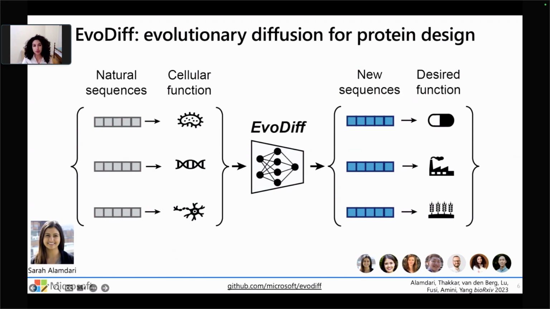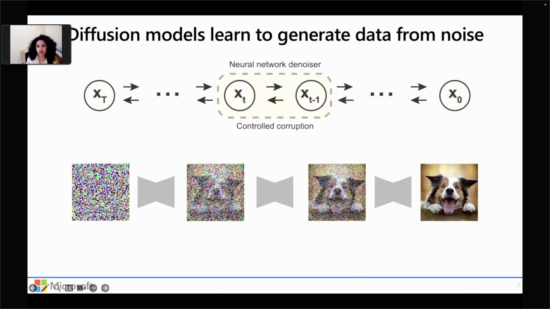To get into the modeling framework and the background for our model, the backbone to EvoDiff is a diffusion model, which, as you probably know, is a very, very powerful class of generative AI model that basically is able to learn to generate new data from noise. And indeed, in case you're not familiar, the most powerful models for image or video generation, like DALL-E, use diffusion models as the underlying backbone as a mechanism to generate new images.